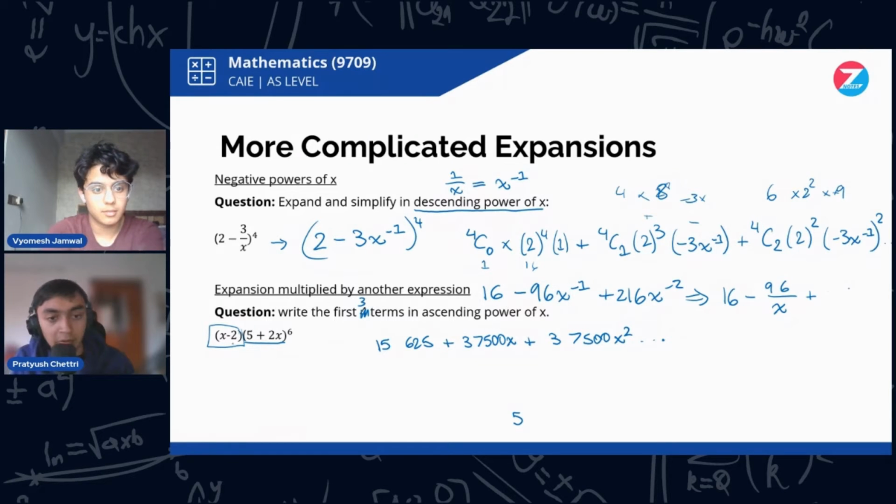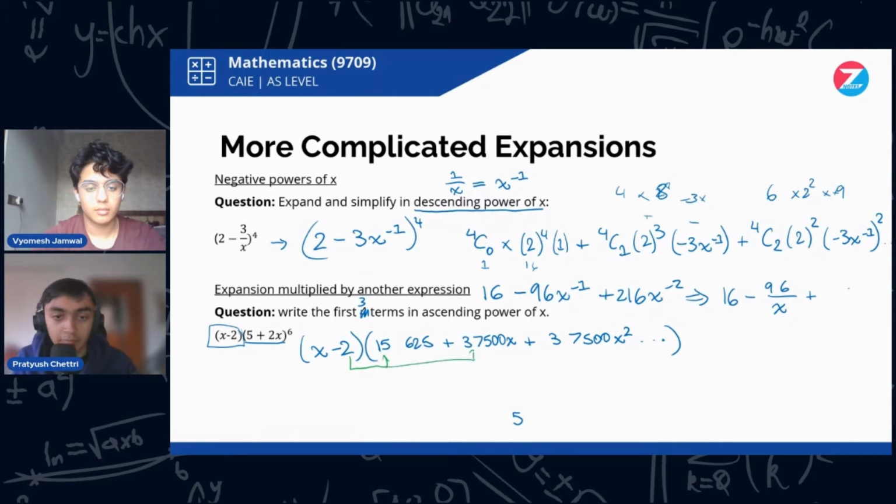And thinking about it, if we multiply this by x plus 2, x minus 2, multiplying by the constant will keep the powers the same. Multiplying by the variable of power x power 1 will only increase the powers by 1, which means we still have our x squared terms. So since I am interested in all 3 terms, I will do it fully. So what I'm going to do first is multiply everything by minus 2. This will give me